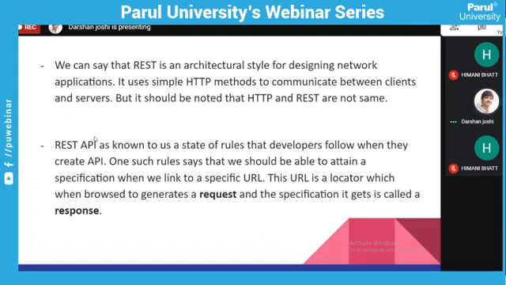Let's take an example: when a user clicks on a button, the front end goes to the backend using a URL, because the backend needs to know what data needs to be returned in the response. So the front end sends a request to a particular URL and expects a response. So this is the request and response model.